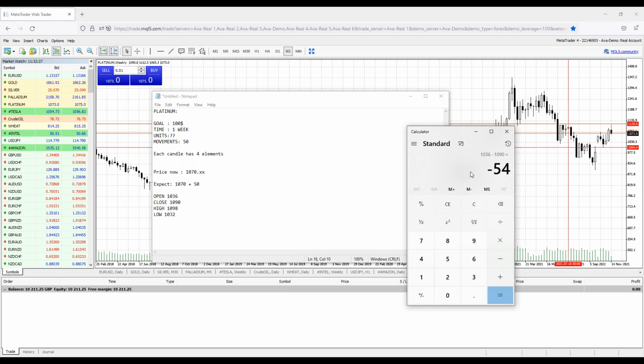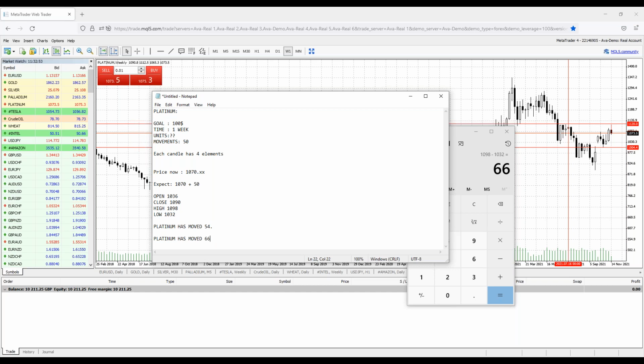That means that during that week, platinum has moved $54. That's a fact. That's last week. And then we have the high and the low. High, low, 66. It has moved also 66, from top down, or maybe in this case from bottom up. Does it make sense? 66